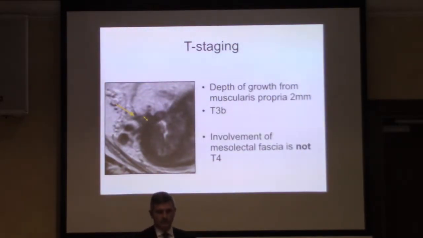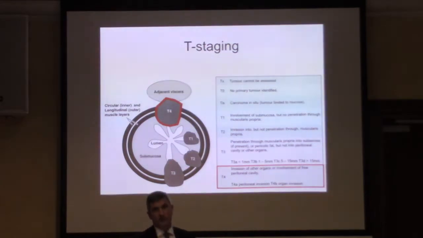So, mesorectal fascial involvement is not T4 disease. All right? So, if it's growing through the mesorectal fascia, laterally, posteriorly, then that is still T3 disease. It doesn't become T4 disease until it either crosses the peritoneum or grows into another organ. And I include in organs obviously prostate, uterus, bladder, periosteum and bone, although they're not organs and they're not listed in the TNM,